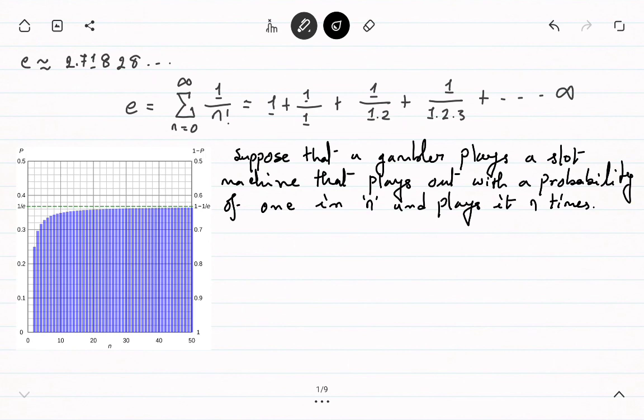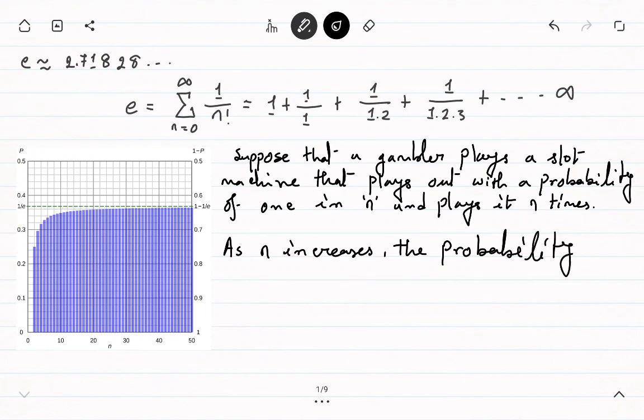As n increases, the probability that the gambler will lose all n bets approaches 1 by e. Let me write that: as n increases, the probability that the gambler will lose all n bets approaches